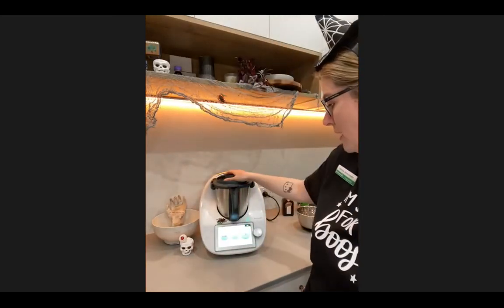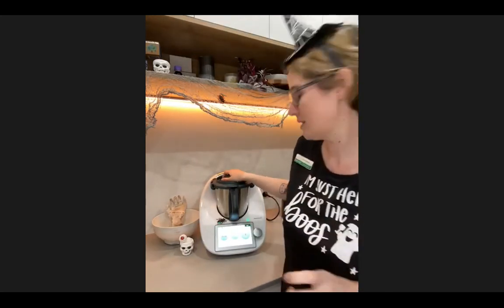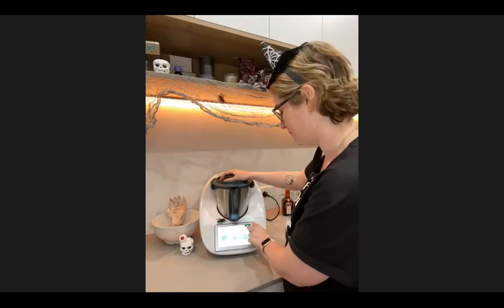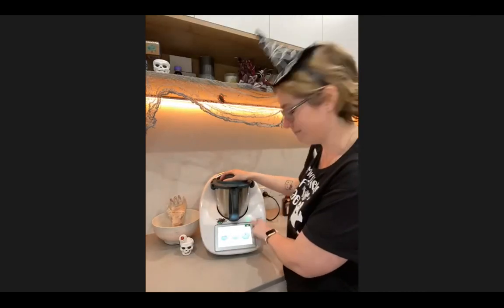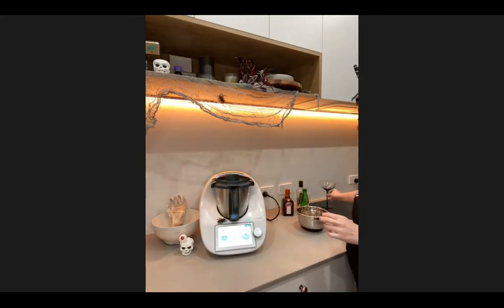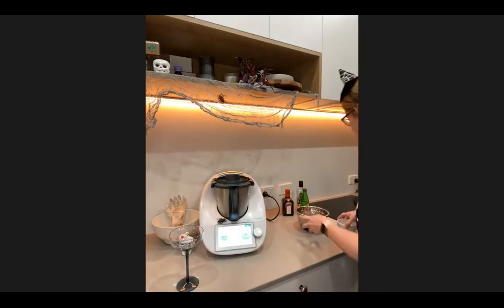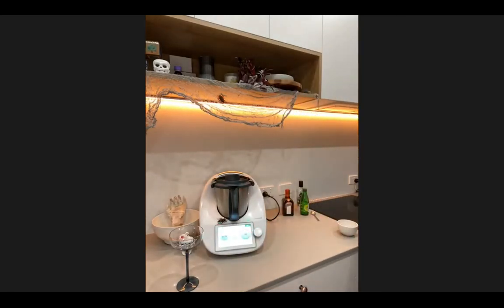Cool. So I've just put the lid on, and that is going to blend on speed 10 for 1 minute. So kind of like making a slushy, right? Yeah. And again, guys, there is a lot of power involved when you put ice cubes into the Thermomix. So cocktails are one of the fun things that you can make in your Thermomix,